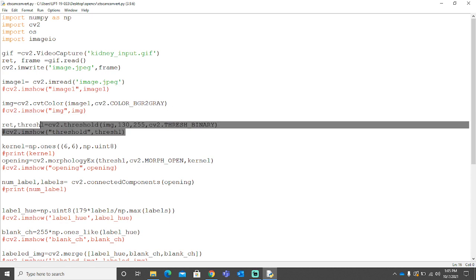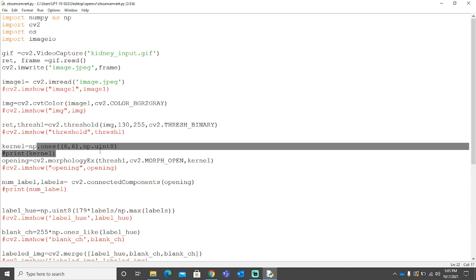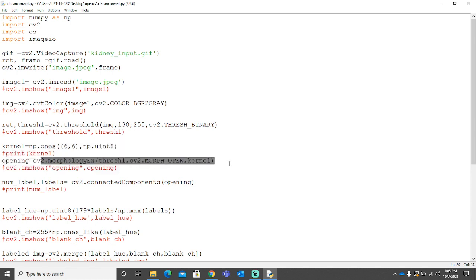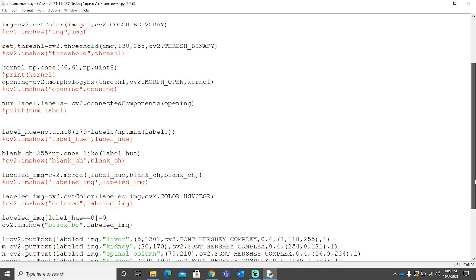We converted it into a grayish format. Then we took the NumPy ones matrix and performed morphological operations on it, giving input thresh1 and the kernel. After morphological operations, I told you about the erosion and dilation and how it is used to improve thickness and reduce noise in the image.